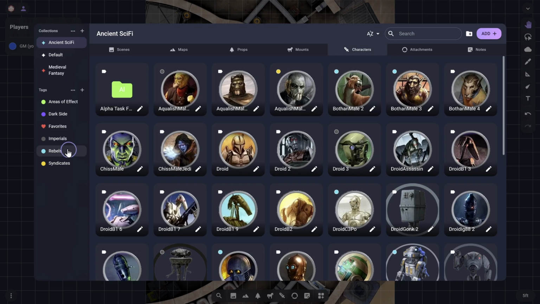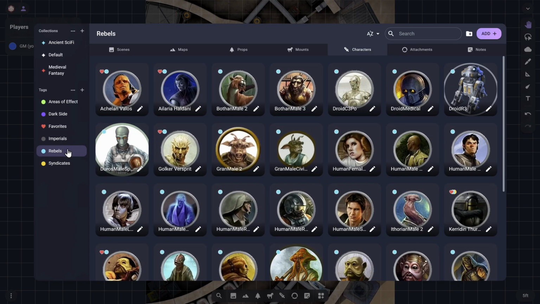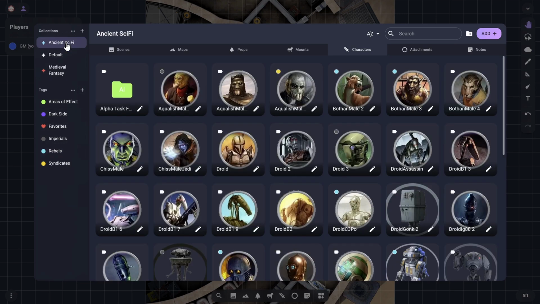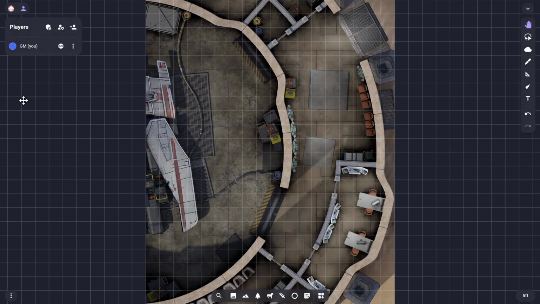For example, clicking Rebels shows only the character assets with that tag found in every collection. When a tag is active, reselecting any of the collections will cancel the tag and show all the assets in just this category. The tags also interact with the Asset Dock search bar, shown when you open the search bar